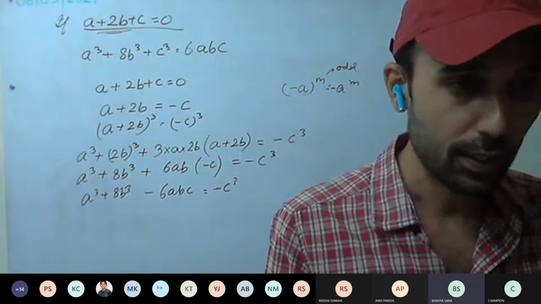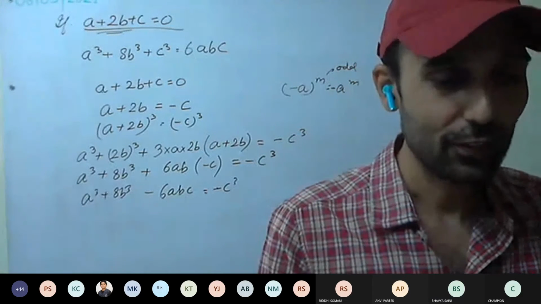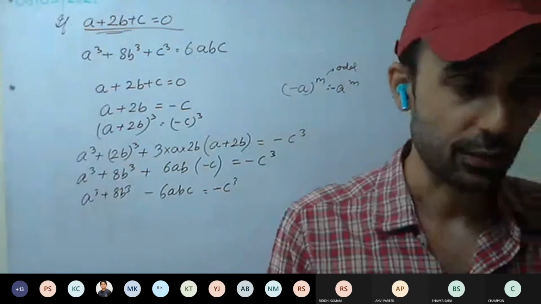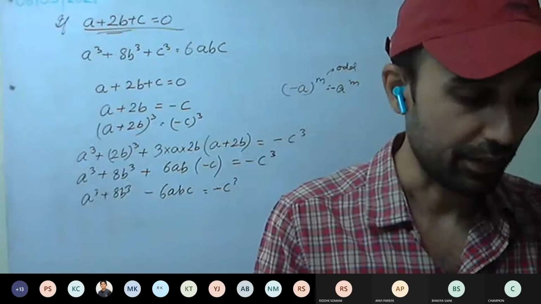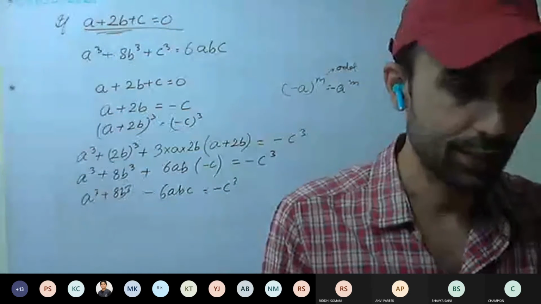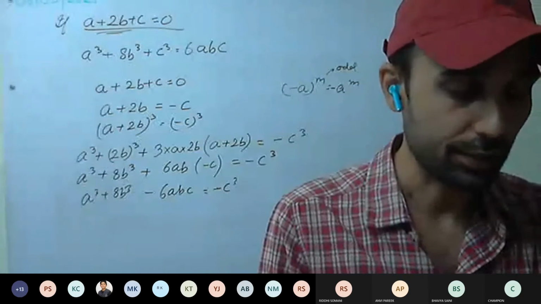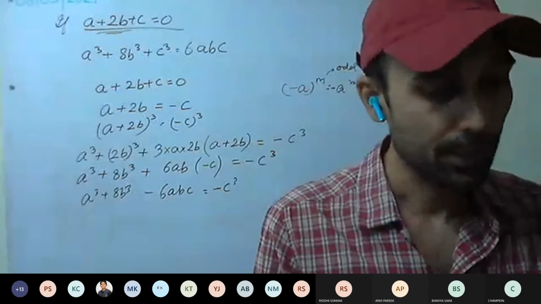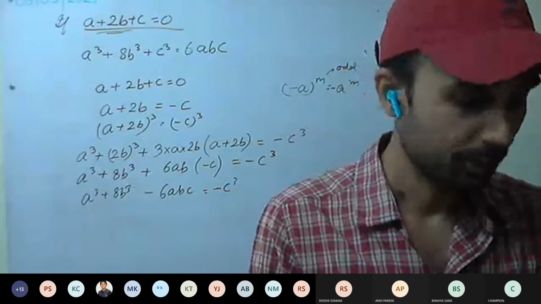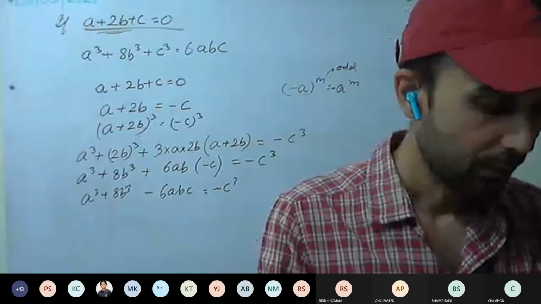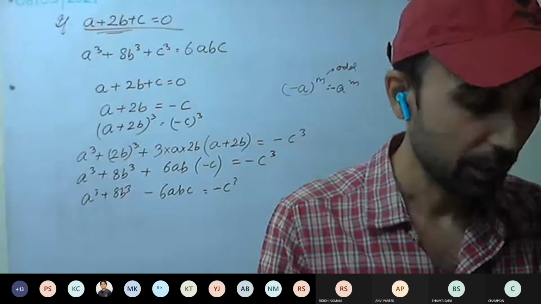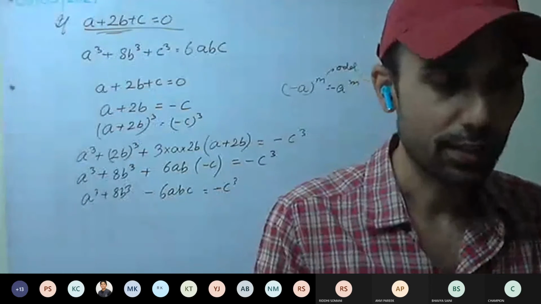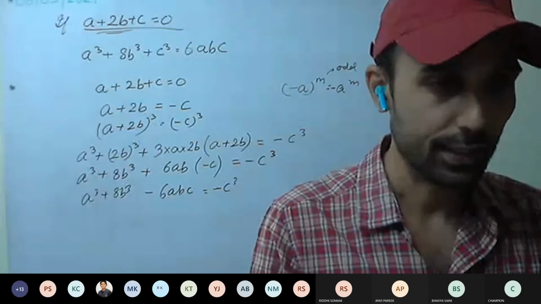If you are able to do the 10th, you can do the 11th as well. So try them once, so that it will be easy for you to understand tomorrow if you have any doubt in those questions. This is clear. 8th, 3rd we already did in class. So complete those questions till the 11th. Try to solve, or else we'll discuss tomorrow. Like 10th, second, a raised to power 4 plus 1 upon a raised to power 4. Try to solve that one. Try to think over that. If not, we'll discuss that in class.